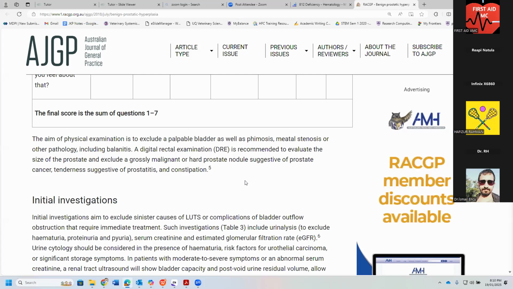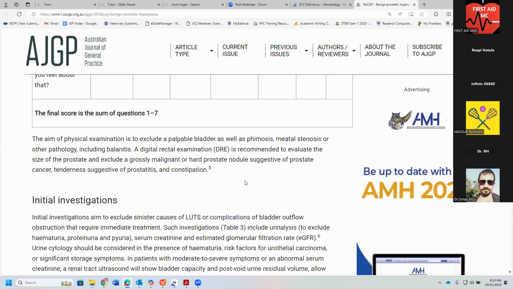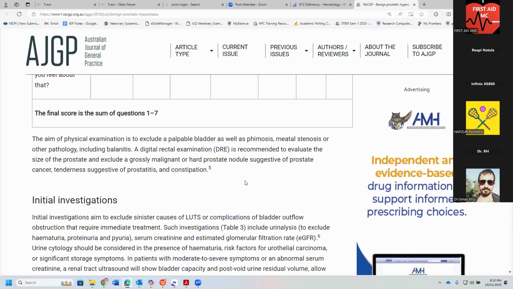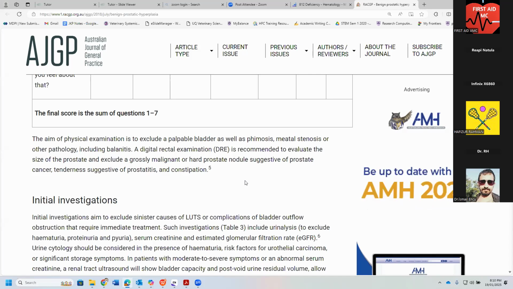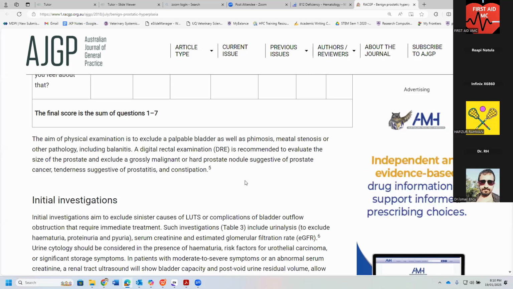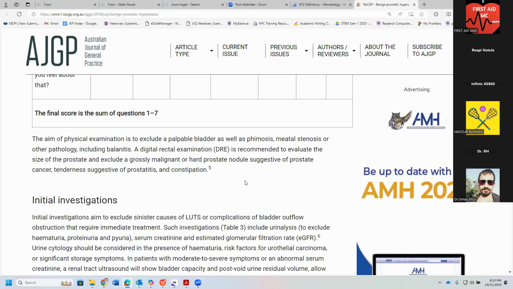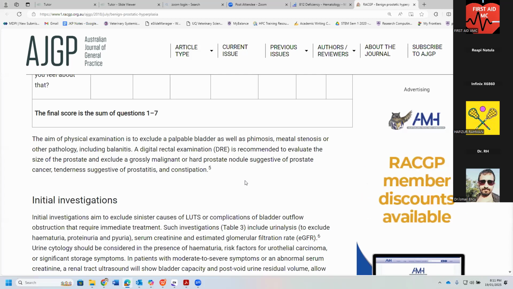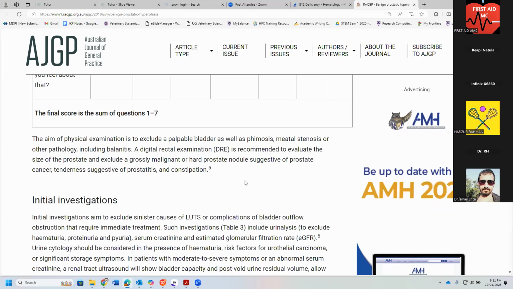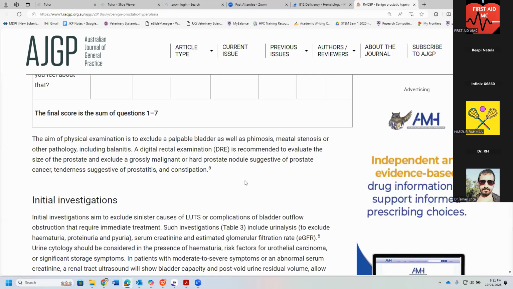If you feel a smooth enlarged prostate, you can still feel the medial sulcus. The first thing you will be thinking about is benign prostatic enlargement, right? Or if you touch the prostate and the patient is screaming in pain and the prostate feels fluctuant, you will be thinking it can be prostatitis or a prostatic abscess as well. But if you feel a hard nodular surface, the first thing that should cross your mind is prostatic cancer.